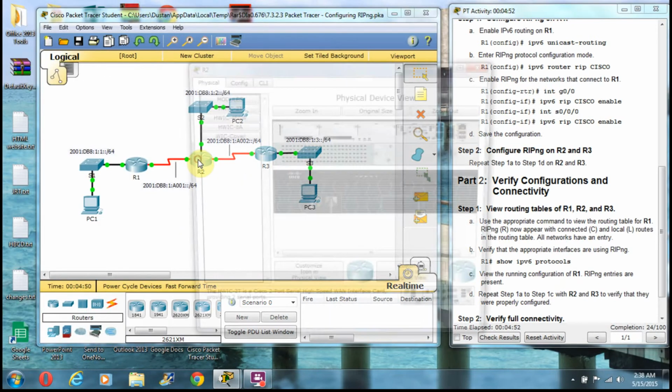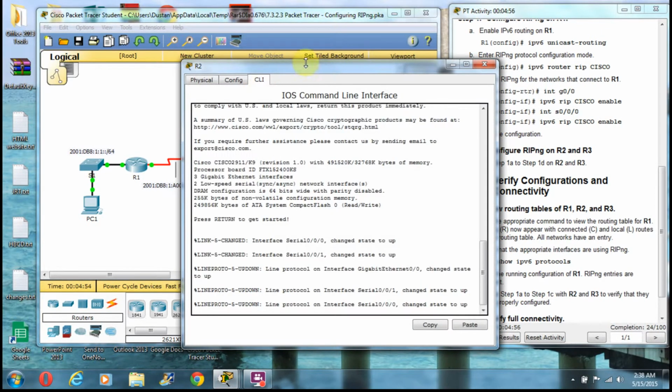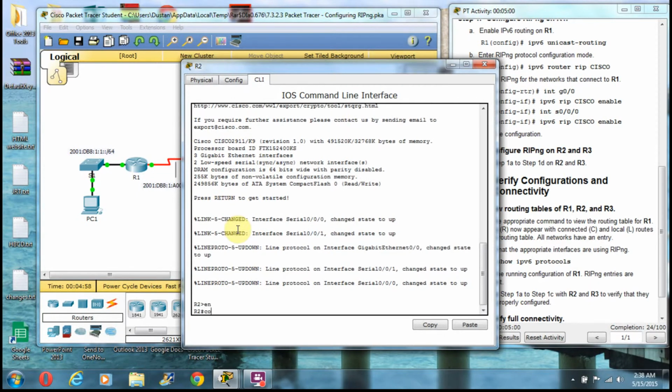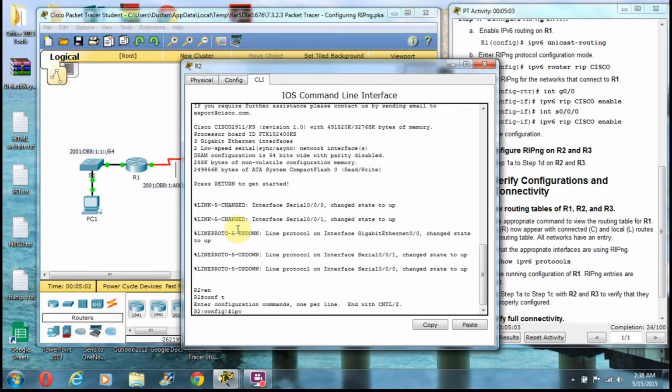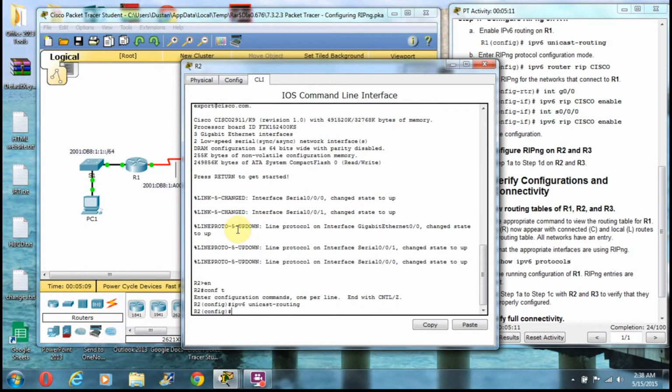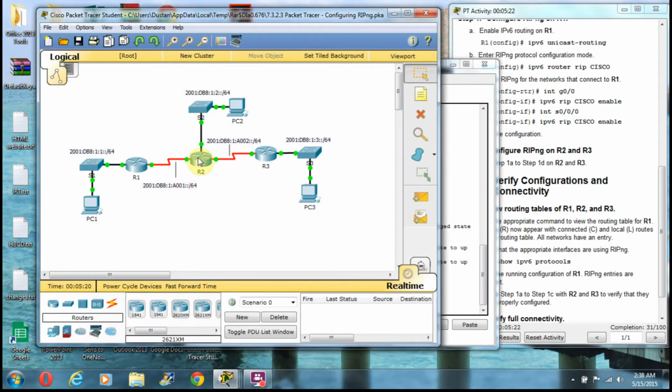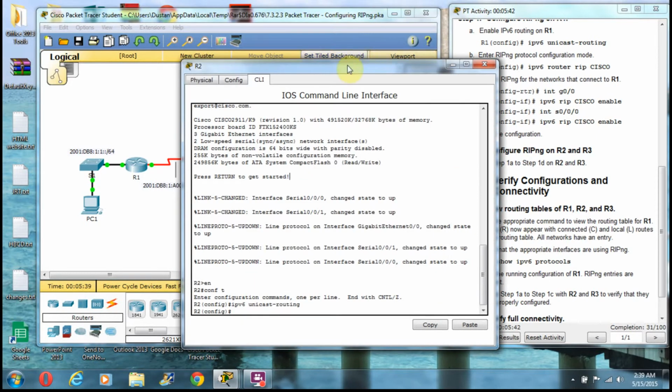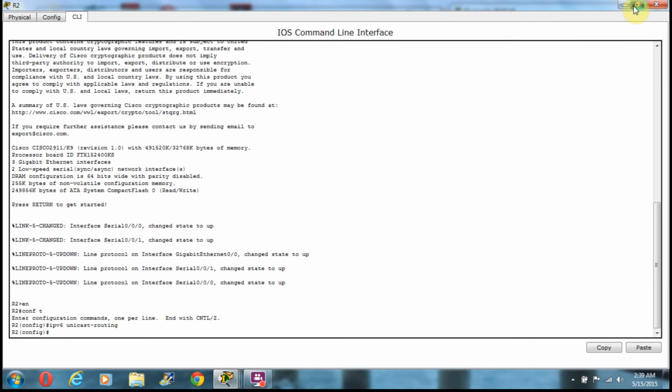Now on R2, we're going to be doing the same commands. Get into global configuration mode. ipv6 unicast-routing. Then make sure you go with your range. On this one, we're going to do G0/0, S0/0/0, and let's double check this. We got G0/0, S0/0/0, S0/0/1. So we're going to have 3 networks. We're going to have three connections to configure on router 2, and we definitely want them to be